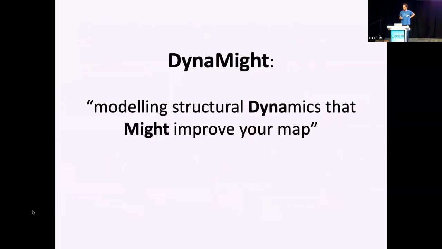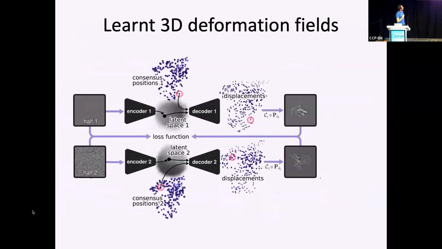DynaMight is the development by Johannes Schwab, and it stands for modeling structural dynamics that might improve your map. Now, DynaMight is based on a variational autoencoder type of structure. Alan will later also speak about CryoDRGN. I think she was the first to introduce this type of structure for handling continuous heterogeneity in the field. We use a method which is also closely related to Muyuan Chen's method from Steve Ludtke's lab,